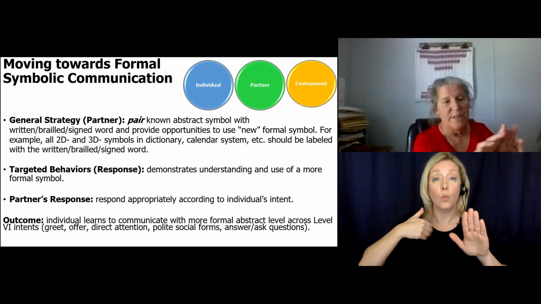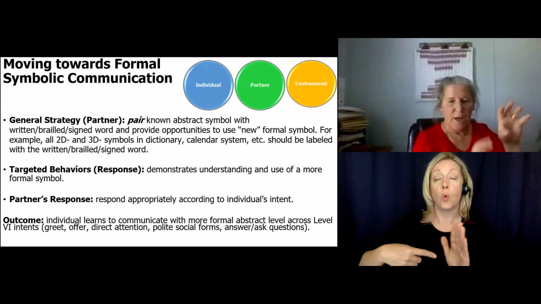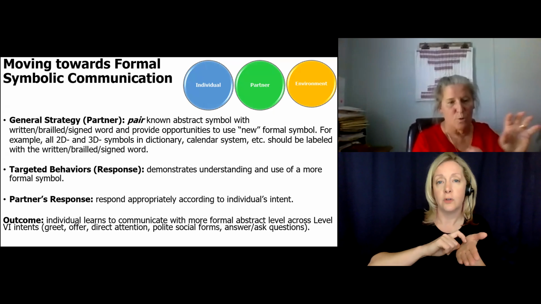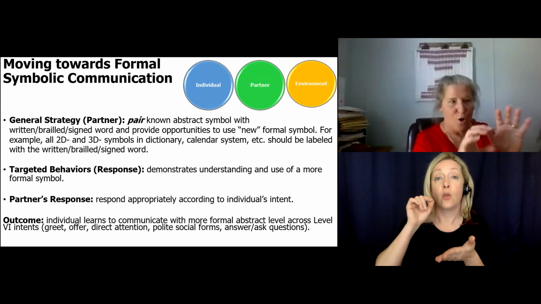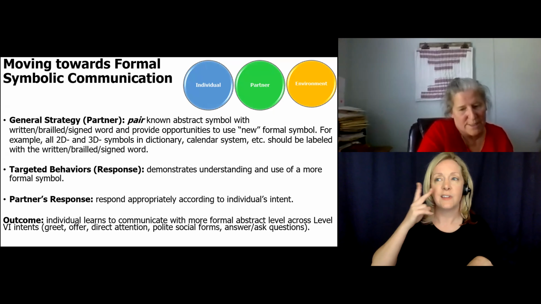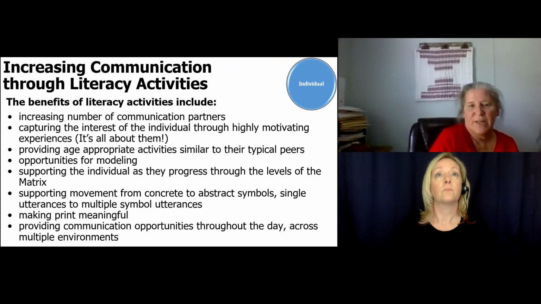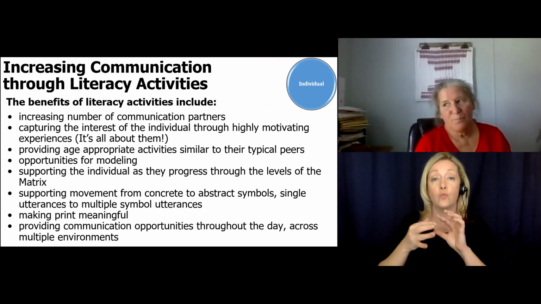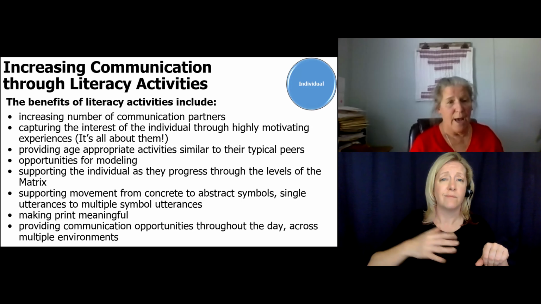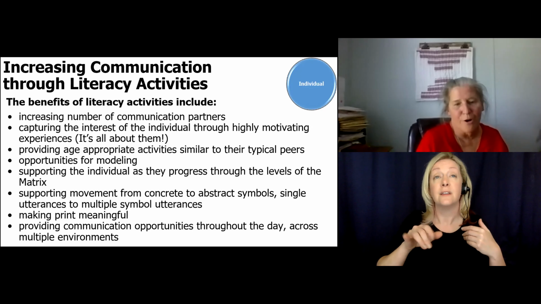And maybe we're going to start showing them that the brailled word is there along with that. And we're going to start taking those symbols away as they're learning them to see if they can start to use more of a symbol system like that with the printed word or the braille word. We're also going to really increase the literacy activities. We're going to be doing literacy from level 1 all the way through level 7. I'm highlighting it here in level 6 just to let you know that we are,